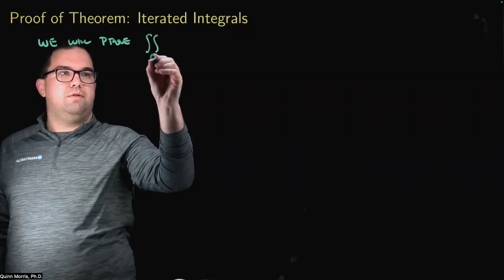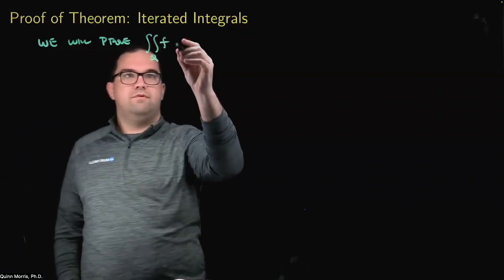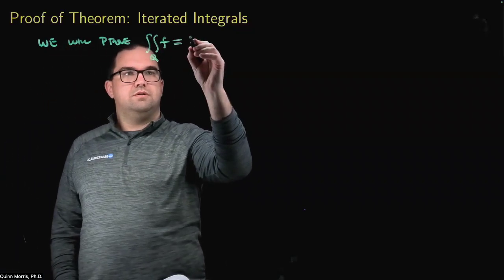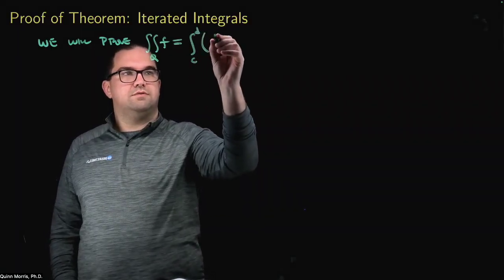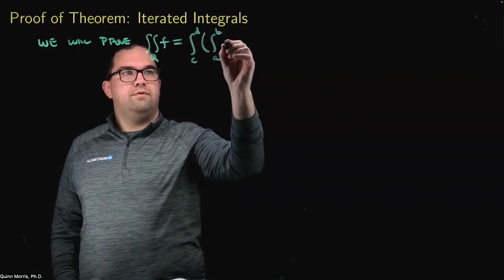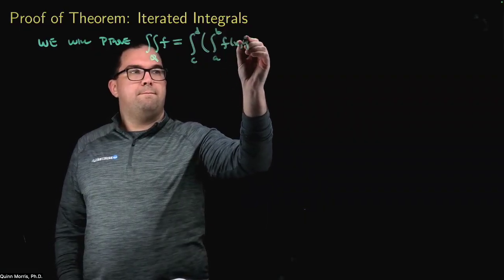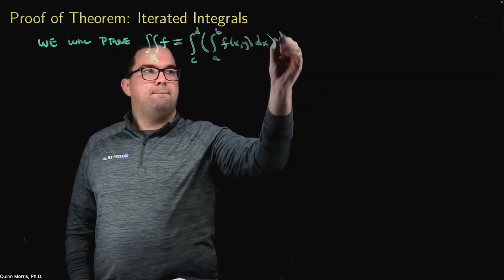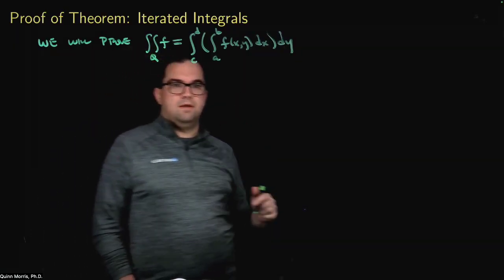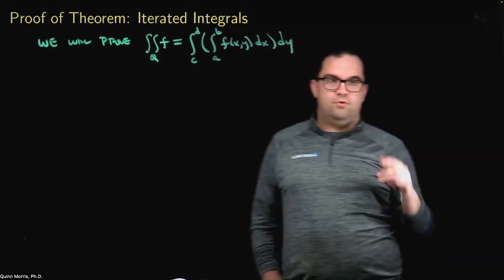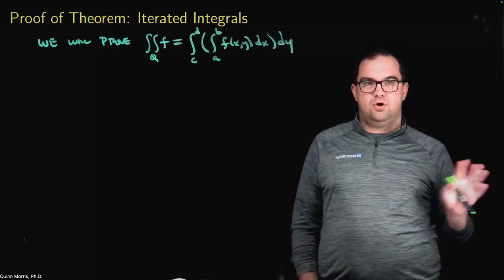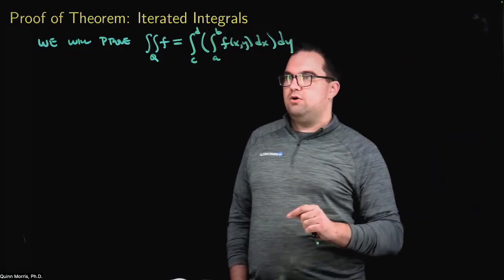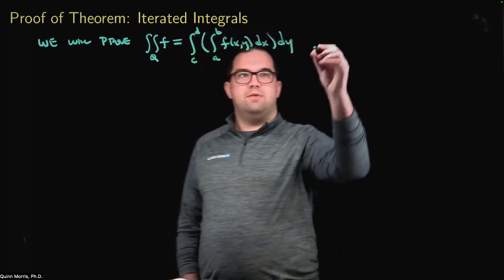I want to prove that the double integral over Q of f. Let's first just prove this one, this order. We'll prove this order and then to prove the other order, you just flip some things around. It's almost an identical proof. Okay, so we'll prove this part first, and we'll do this